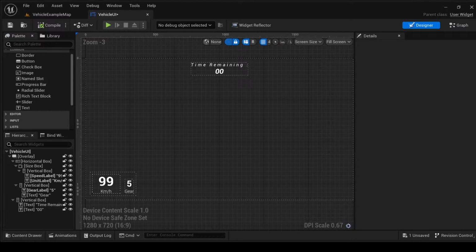And now I need to update this value. There are a lot of ways of connecting widgets to data. One of them is just by going here, bind, create the binding, and now I need to choose where to get this value. I know that my time is inside my game mode, and it's called start timer duration. So in this case, I could get game mode,